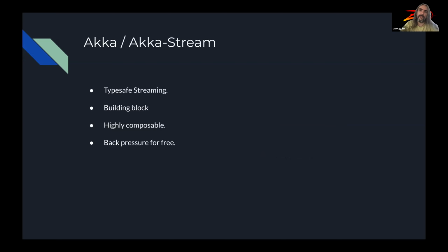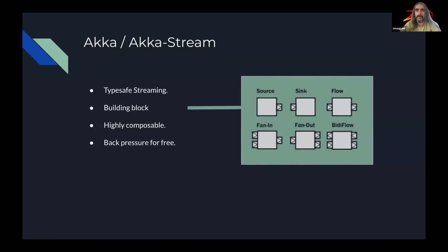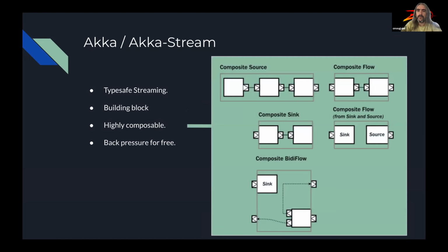Akka Stream is a streaming library built on Akka. It provides type-safe streaming. Of course, I will explain what it is. Akka Stream defines, as every streaming API defines, these concepts: some of the building blocks, sources, sinks, flows, and many others. They are highly composable in a sense, as you can